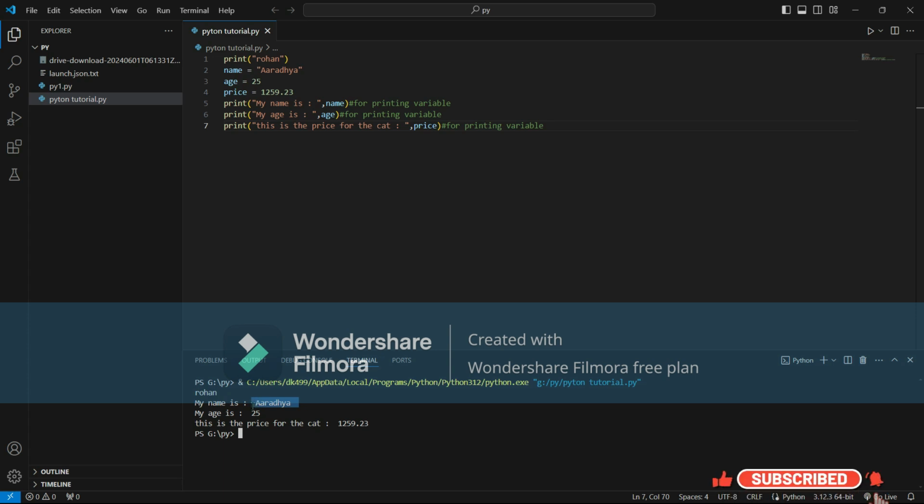Now let's move to the next topic. So now we will see the type of variable we are using. Like I have told you that this is a string over here. Let's check whether this is a string or I have told you wrong. I have told you this is the integer.